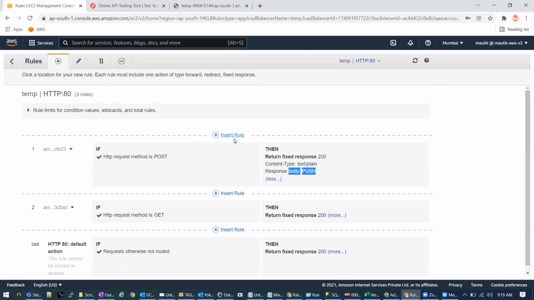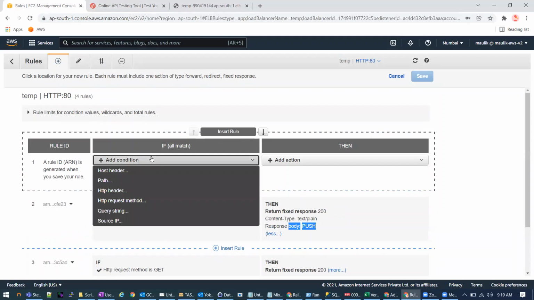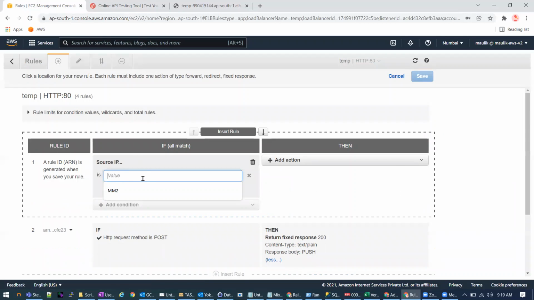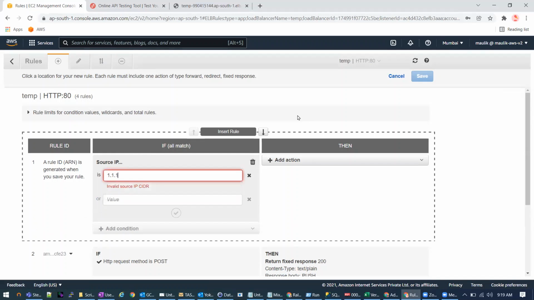And the last one is pretty simple. You can use the source IP address over here, like from which machine I am requesting the load balancer. So I can put my IP address over here. I'm not showing this maybe, but it is pretty simple. You can just put your machine IP address which you want to whitelist, or maybe you can